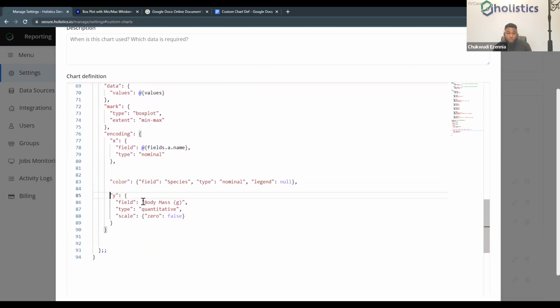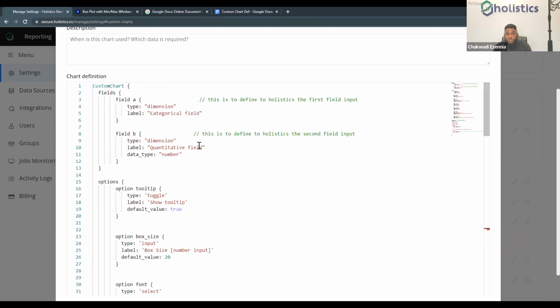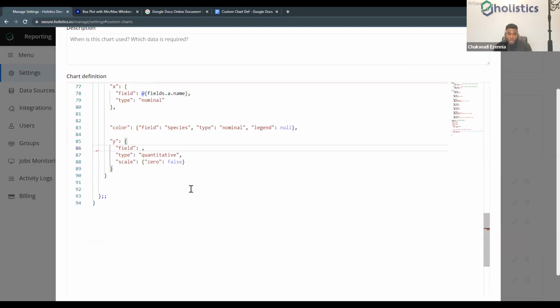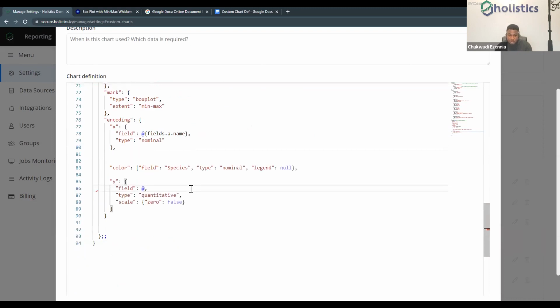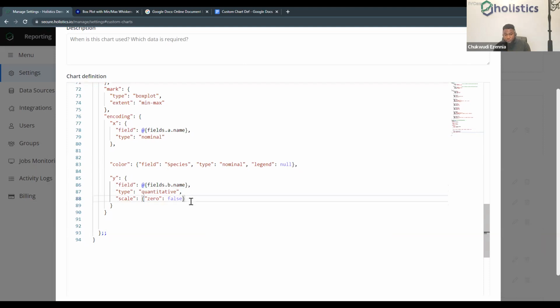So for the field, the same way we passed in fields.a.name, for our Y-axis this is where we have the quantitative field, which is field B. So we can just quickly do the same string interpolation, open the double curly brace, fields.b.name. And the type here, we leave it as quantitative, and we are leaving the scale as 0 and 4. So we don't touch any of these things for now.